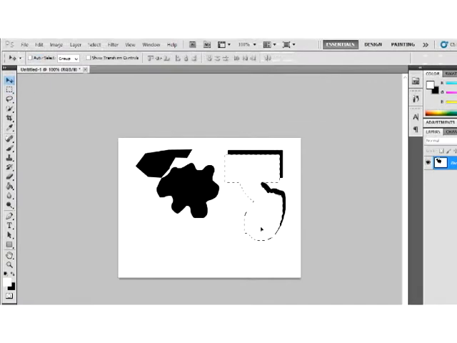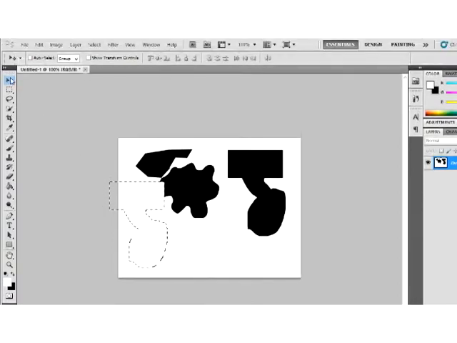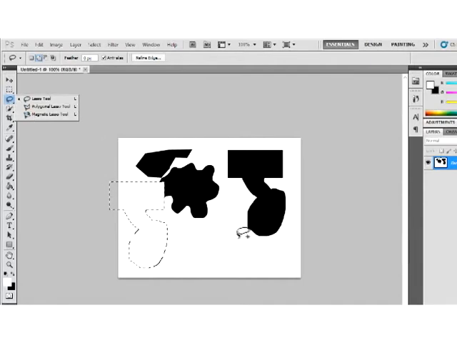Then take the move tool and just move it out. What is that? I don't know. It looks like something. So take some time to use the move tool, marquee tool, lasso, polygonal and magnetic tools. Create all kinds of shapes on the default canvas view.